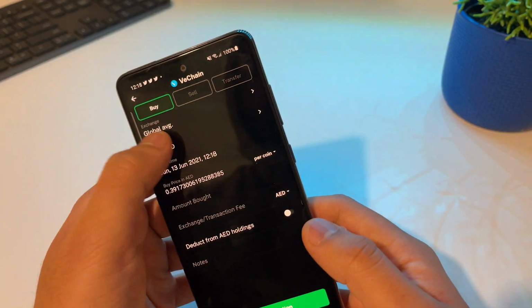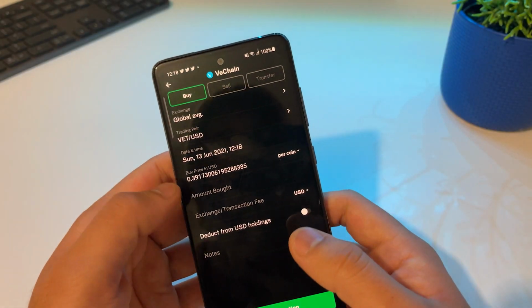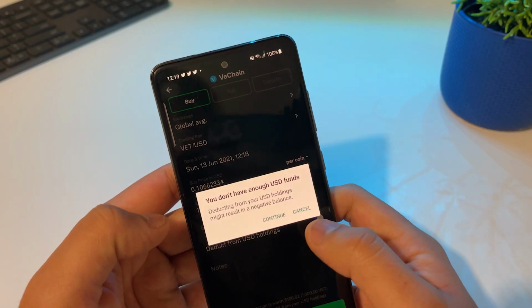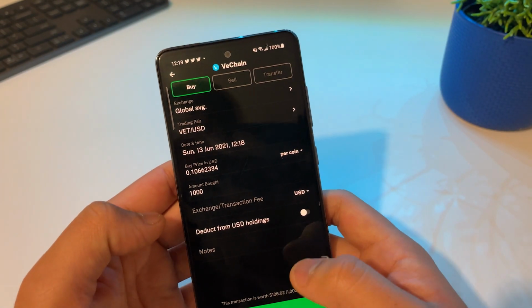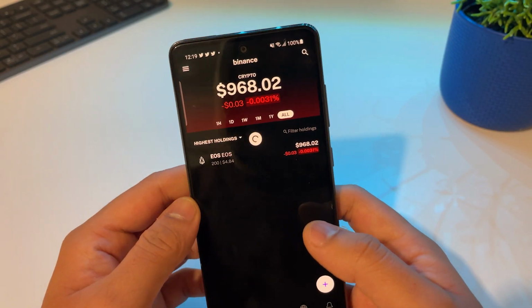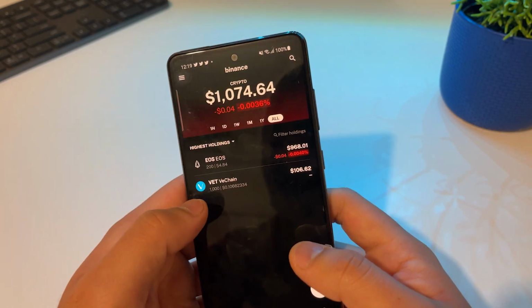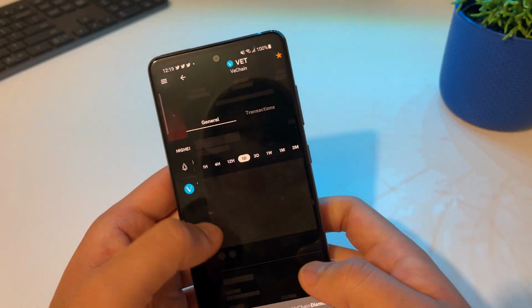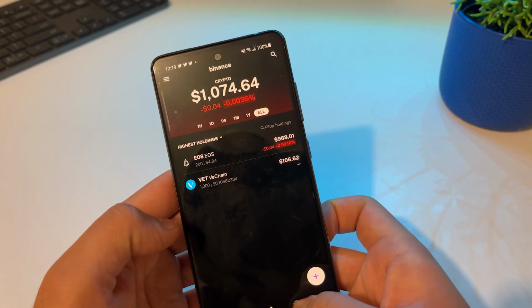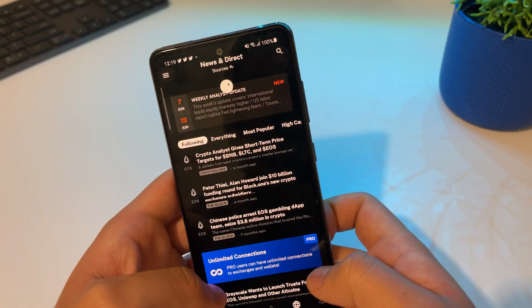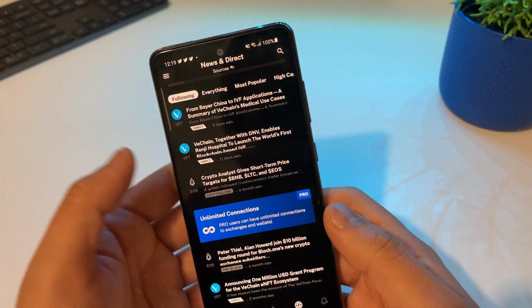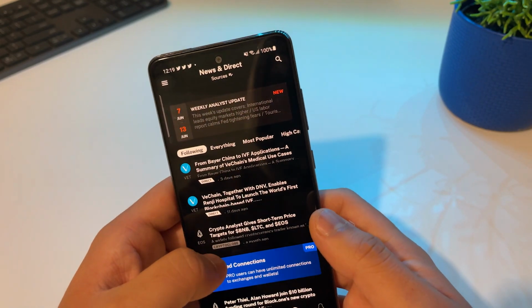For example, I paid USD, I bought 1,000, and then you got to make sure that deduct is turned off, and add transaction. Give it some time. All right, so it has added my VeChain as well. Now if I go to this news section, I get news for VeChain and EOS.